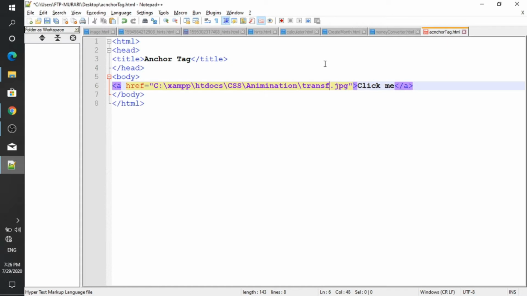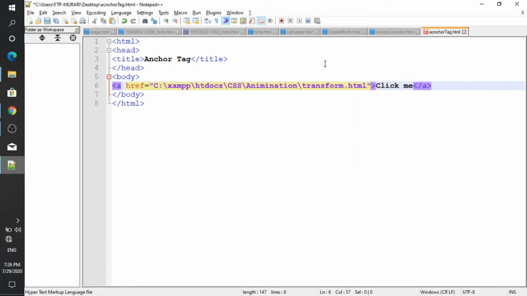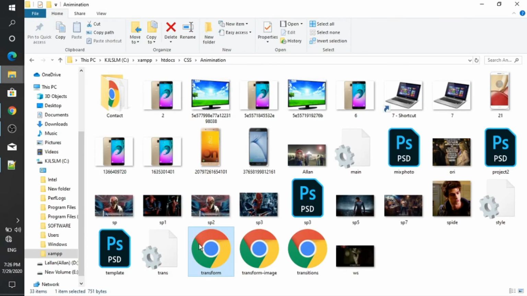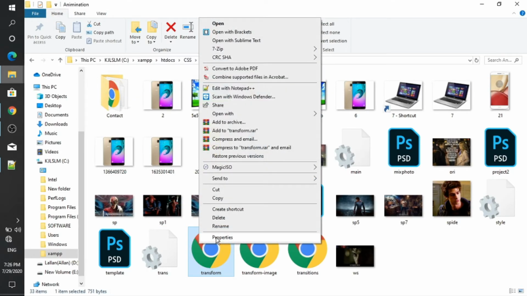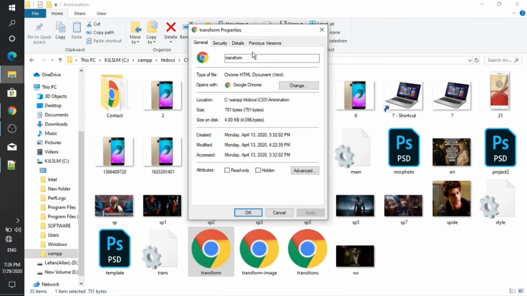If you go to the properties dialog box, file name is transform and type is HTML.